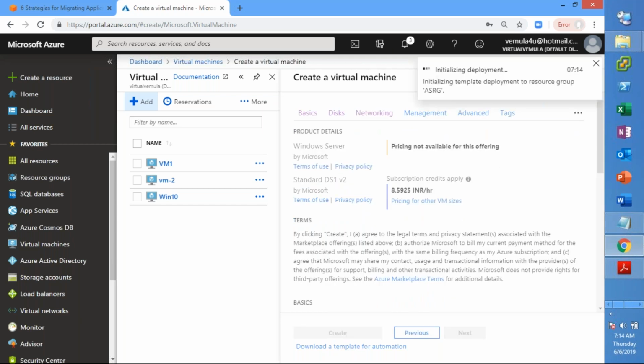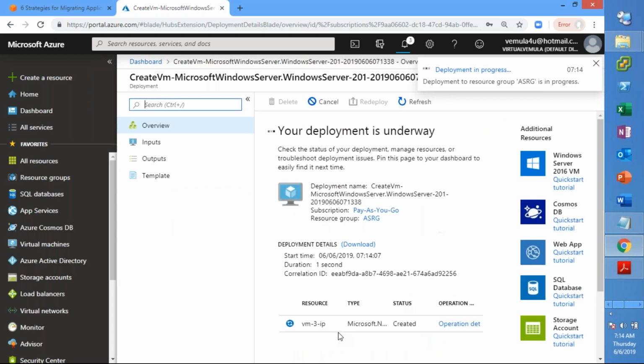Right. So what we did is we created three virtual machines, and let us assume that